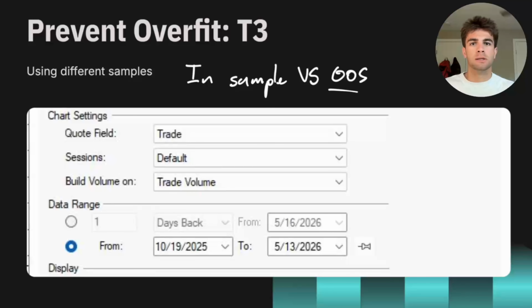What's difficult about it is there's no super easy way to do it at scale, especially in MultiCharts. If I have to load a new sample range every time, especially on the free version, I only have access to so much data going so far back. But it does seem the most robust. Just choose the same asset at different time periods.